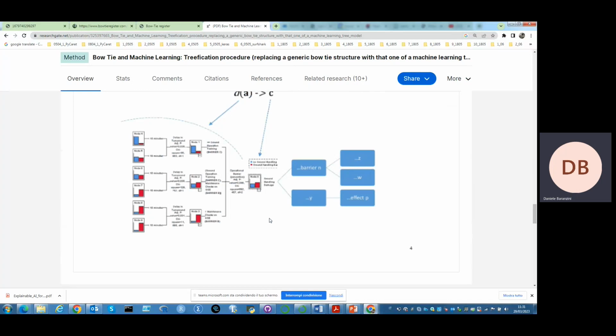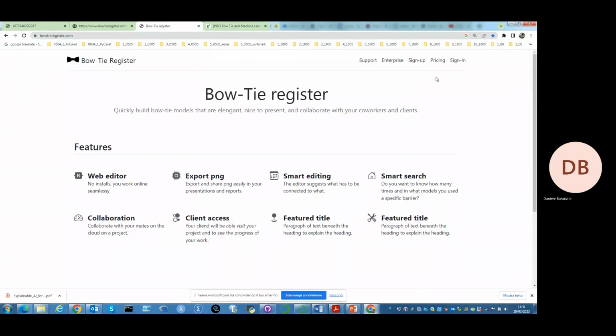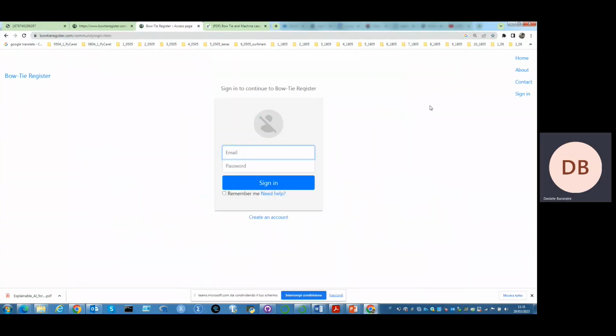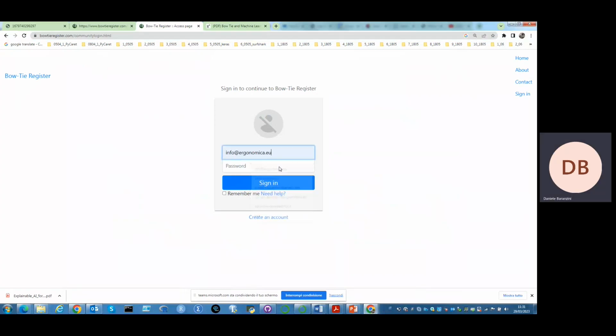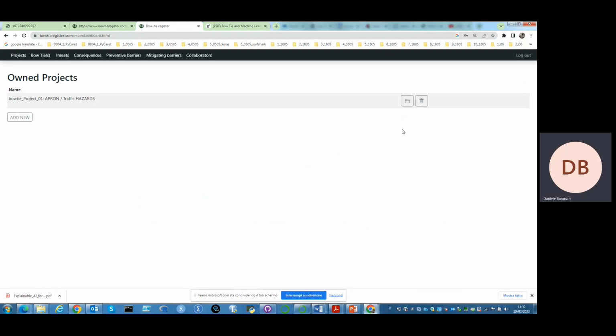I developed this in 2022-23 within the BowTie Register application. You can find the web application here, by Fabio Mattei. I developed the app for the BowTie Predictive, as I said, which I started researching in 2018. In this case, the